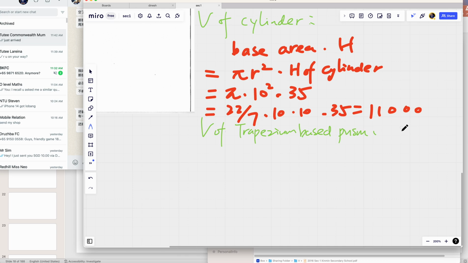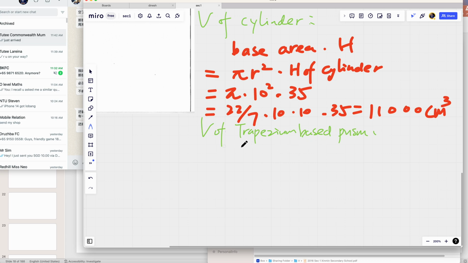By the way, I don't understand why you write this down. Well, you don't need to, because it's a fraction. You just get it into fraction. Yeah, I know. After I wrote it down, then I realized I can put it into fraction. Very good. I'm not saying you're wrong, but you just wasted a bit of time here. Okay. So this is cm cube. So this question 3 marks, you get half of it already, because you get half of the